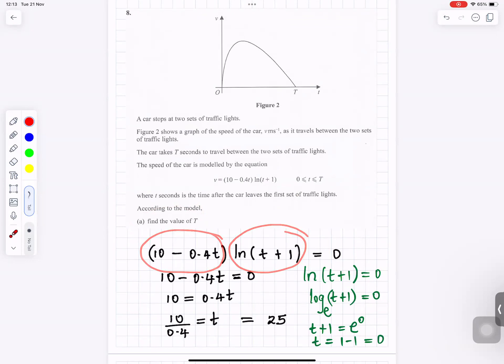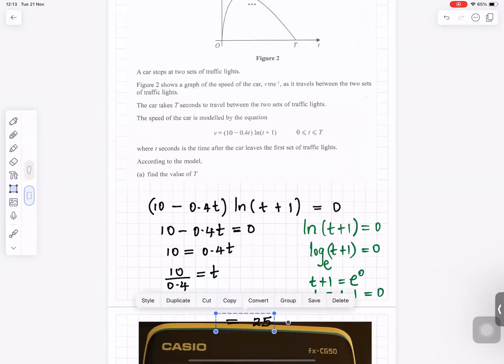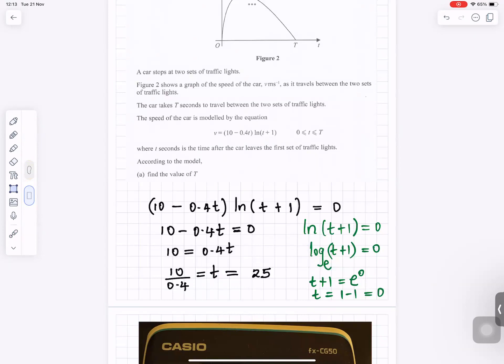So let's start with the first bracket equal to 0. 10 minus 0.4t equals 0. The 0.4t goes to the right. 10 equals 0.4t. And 10 divided by 0.4 gives you 25. So t is equal to 25. For the next one,